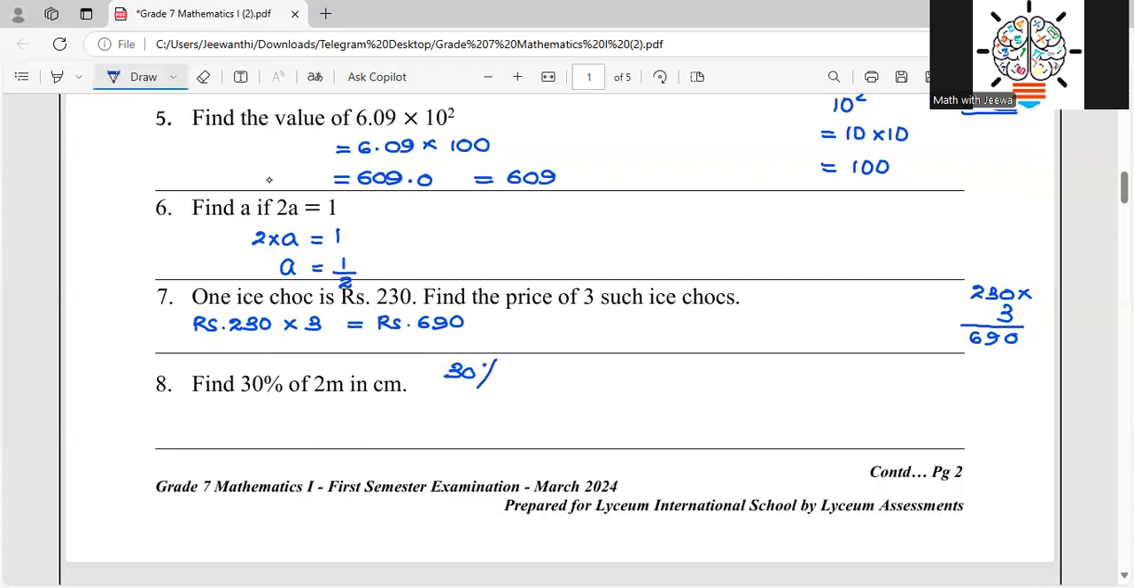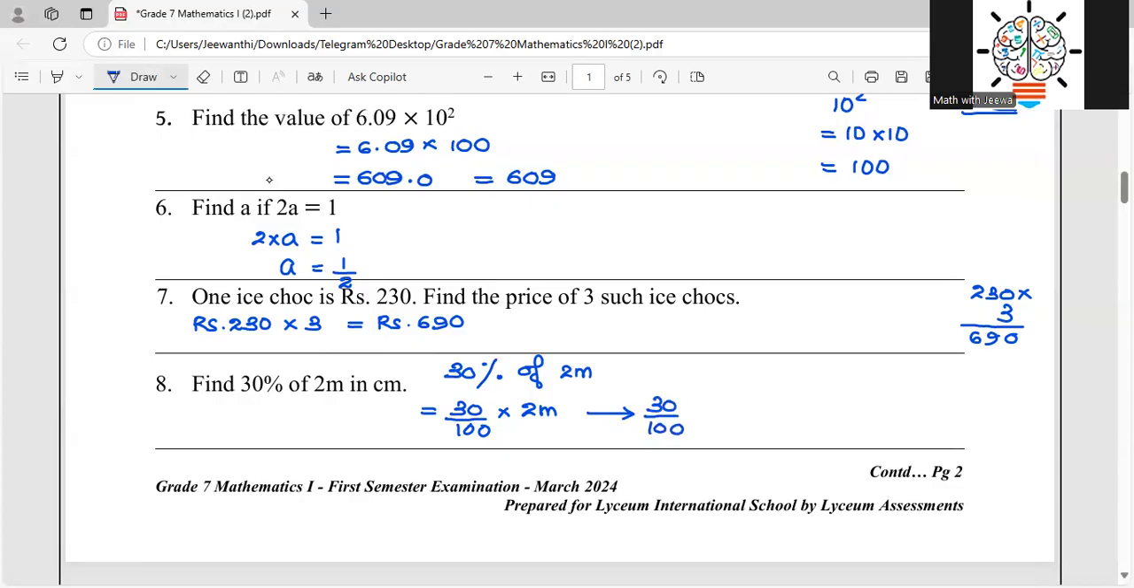30% off. First you write it like this: 30% of 2 meters. Okay. Then I write this as a fraction. 30% of means multiplication. So then the 2 meters. So then what I do, I write the same thing